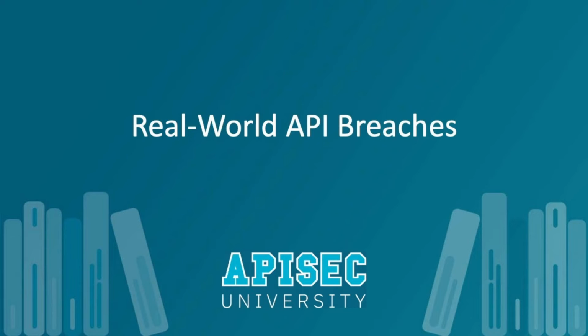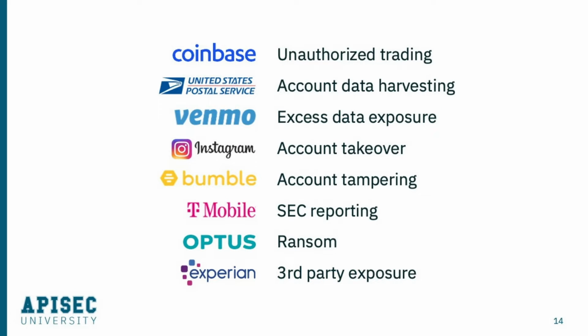So that wraps up our introduction to APIs. Now let's talk about some real world breaches and really understand how these attacks were executed, what made them successful, and what kind of harm was done through them. We'll go through a bunch of different examples. I want to be clear that this is not finger pointing. Each of these companies employed a lot of the correct technologies for securing their networks, their infrastructure, their applications, but it just goes to show how clever attacks can be in finding vulnerabilities and weaknesses